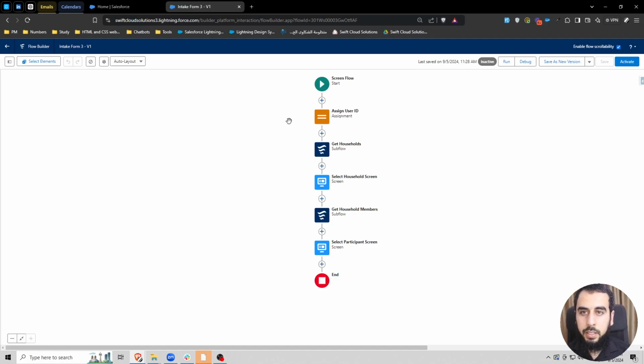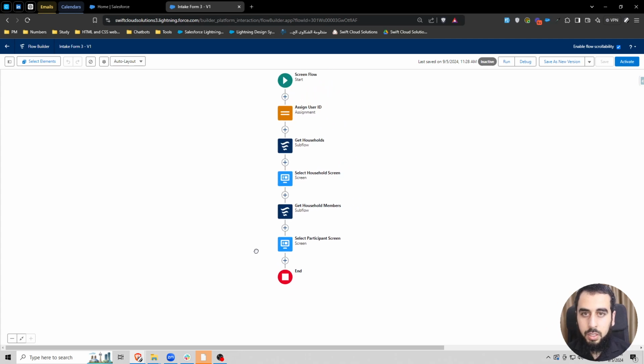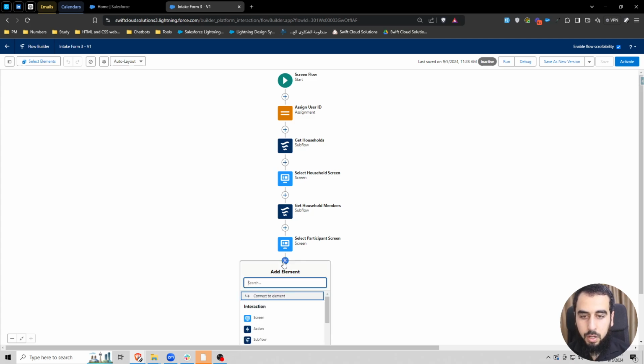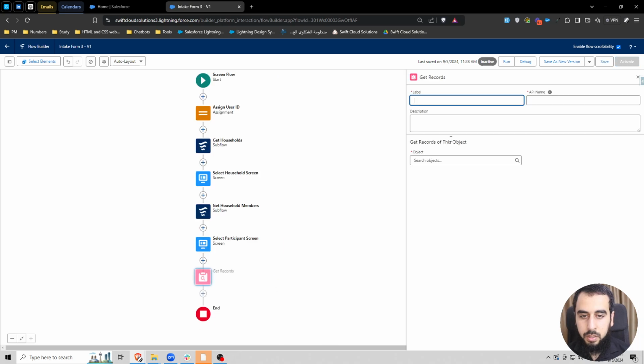Now let's go ahead and add the screen where we ask the user to select the program and the benefit. So we're going to need the list of programs that we're going to make visible first and available in that data table. So we're going to perform a get programs, and then we're going to display this list of programs. Because it's only one element, maybe we don't necessarily need a subflow, so we're going to build the